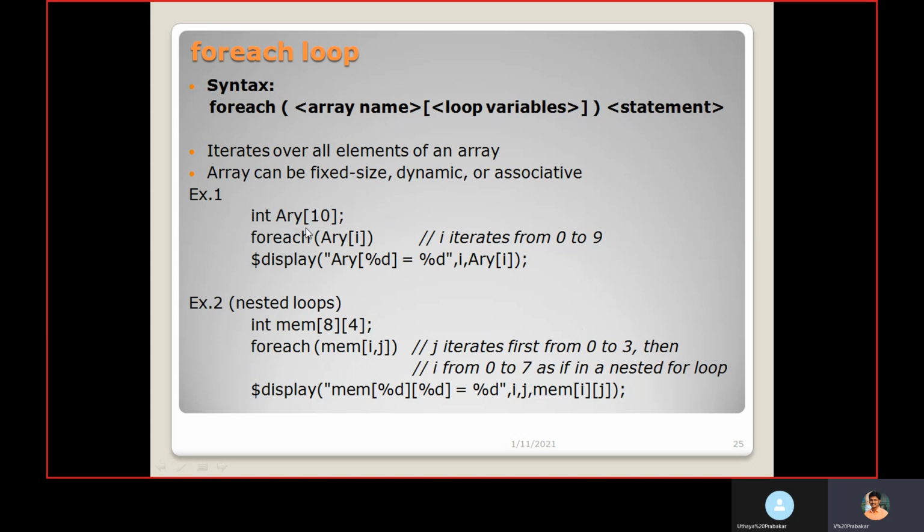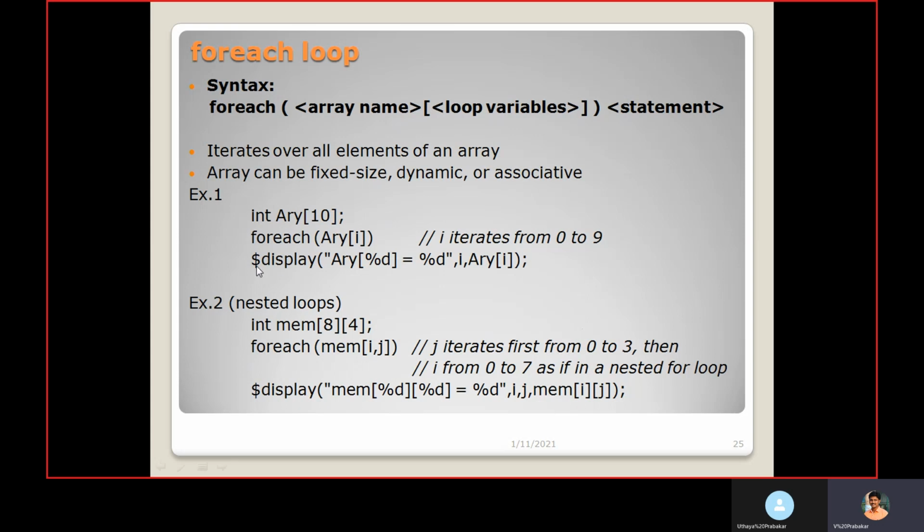For example, int array[10]. I am creating an array with 10 locations. The locations are array[0] to array[9]. Each location is capable of storing 32 bits, since it is declared as an int. foreach array[i]. So here i takes values from 0 to 9.